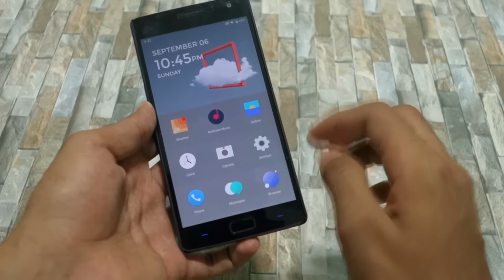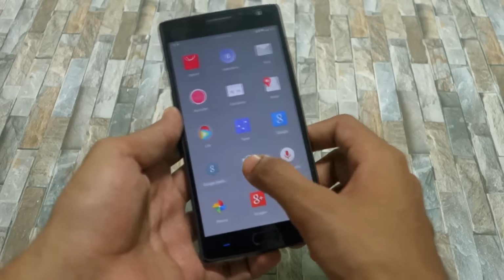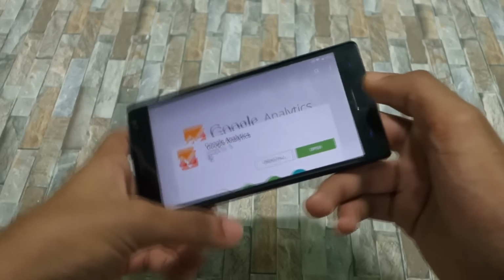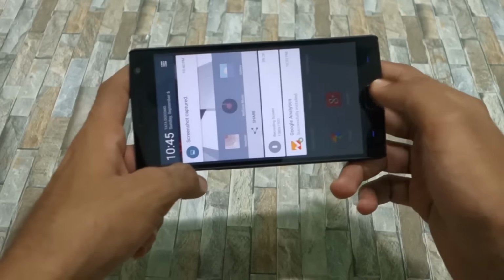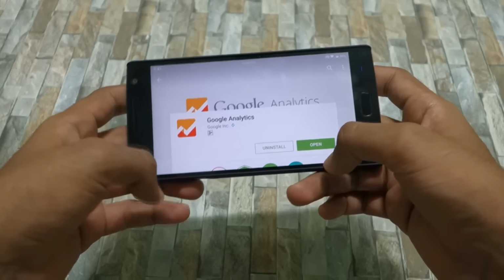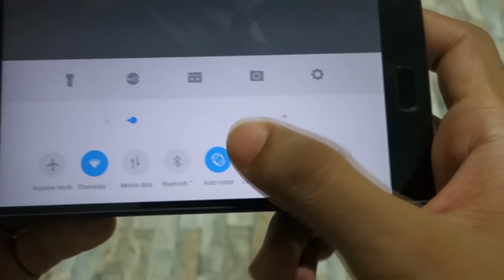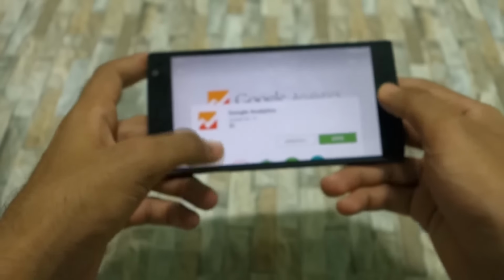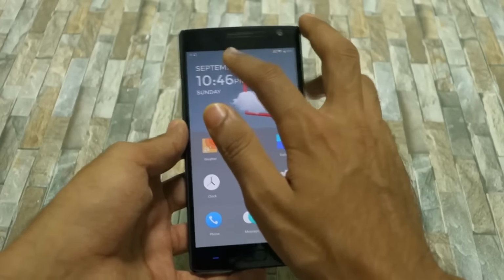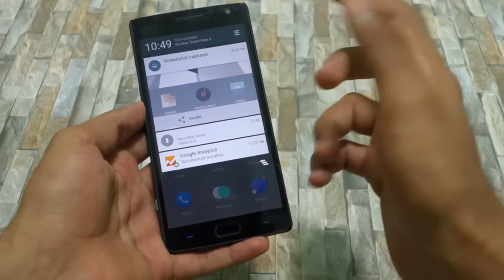And in Hydrogen OS, you will not have an option to enable the on-screen navigation buttons. So if you are playing any game for that matter, let's assume Play Store is a game, and if you are playing it like this, then it's quite possible that you will touch the home button and it will come to the home screen. And you can fix that issue. For that, just swipe up to get the quick settings toggle, select this option which says lock buttons, and the buttons won't work unless and until you turn it off once again, then you will be able to get out of the application.